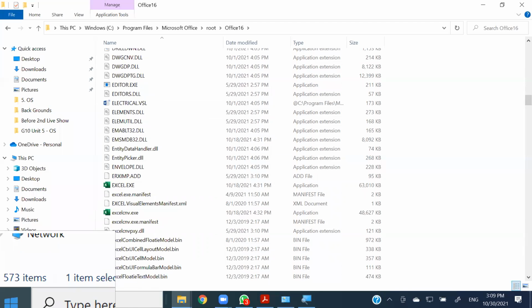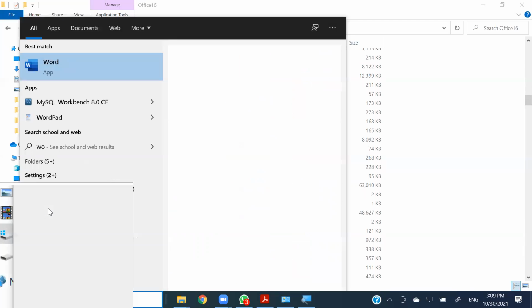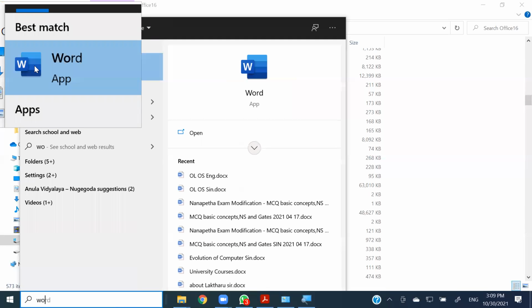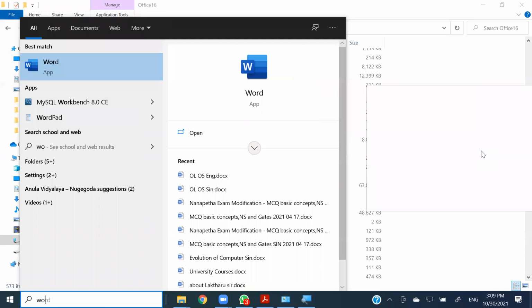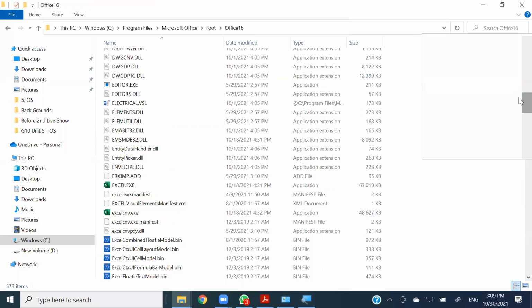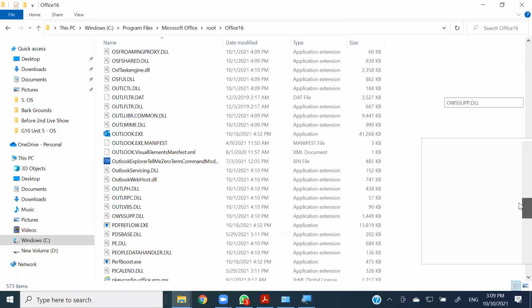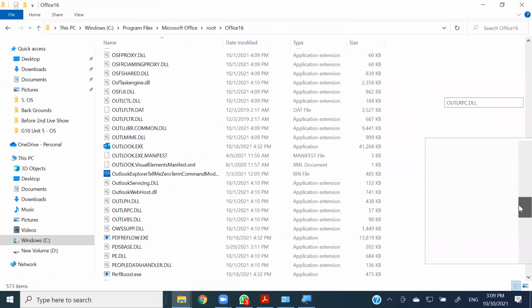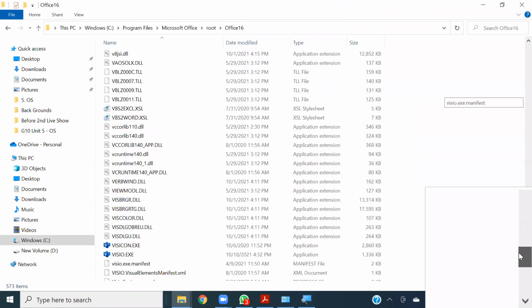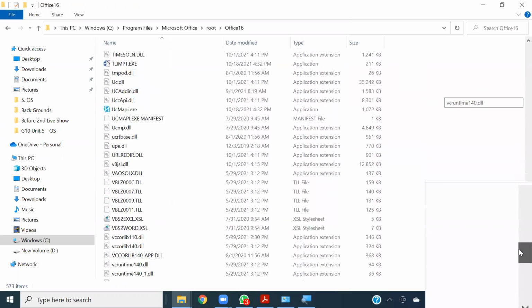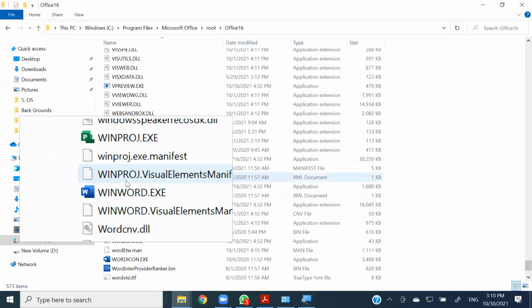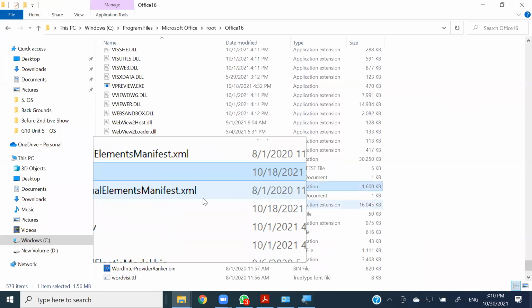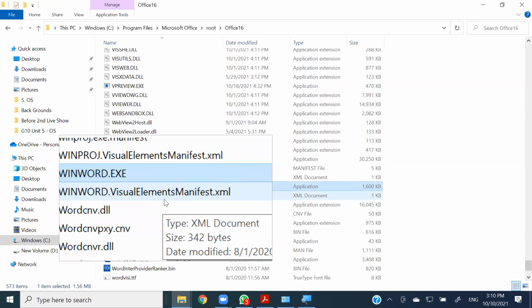So what we can see on our start menu, if we say Word, we will be seeing something like this. So this is a shortcut or a link to that particular exe. So once I click this, it actually executes the WinWord file right over here, right? Where is this word? There you go. This is the one which is being executed, right? So it is always a link that we are clicking when we are opening things from the program files,